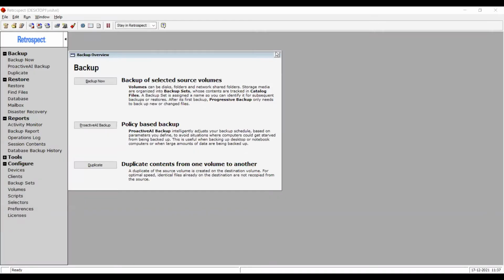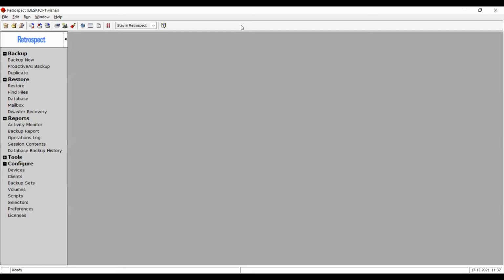Right, so at this point, you should be able to see my screen, and what you see on the screen is called Retrospect or Retrospect Console. So this is like a server end of the software. The Retrospect software has two core components. One is, we call it Retrospect or Retrospect Console, and the second component is called Retrospect Client. So let me bring up a client control panel just to show you how it looks.